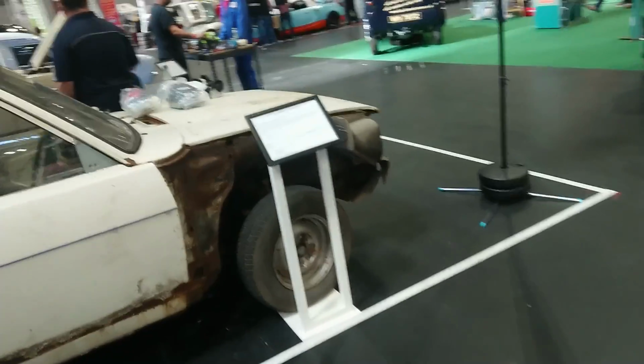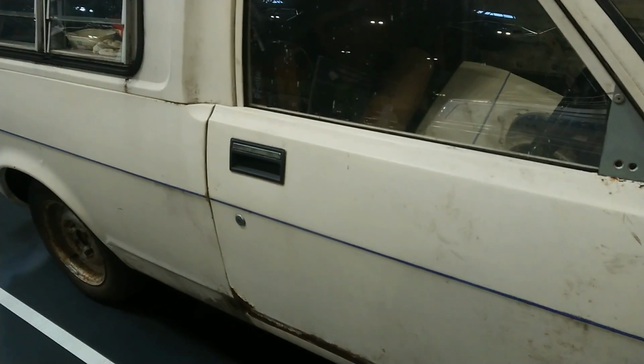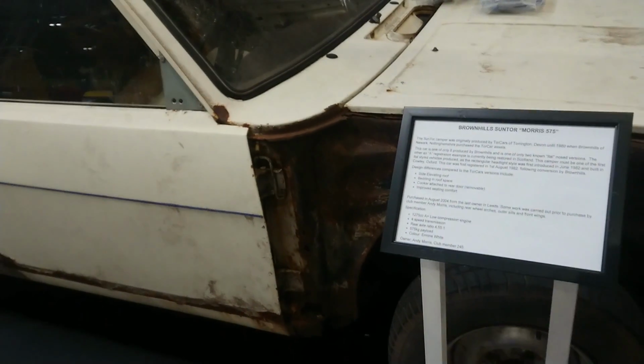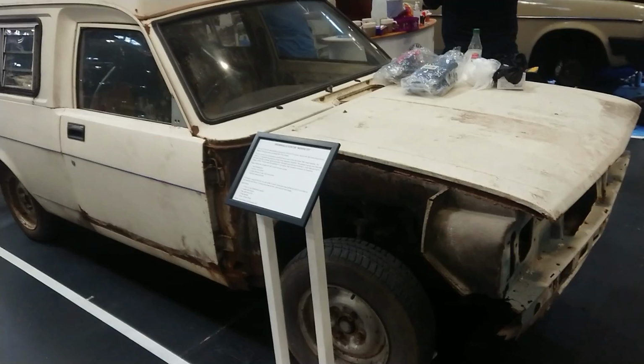Morris Ital van or 575 Suntour camper. You can tell it's an Ital actually straight away by the door handle. But this one is only one of two Ital versions made by Tour Cars of Torrington in Devon, probably in 1980. And here is